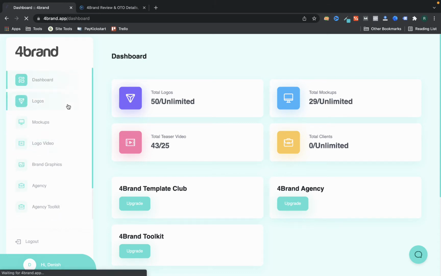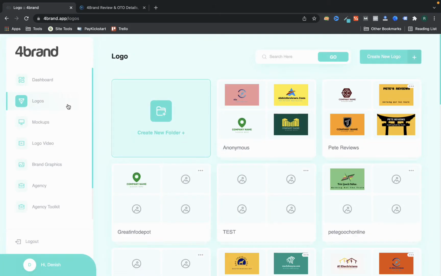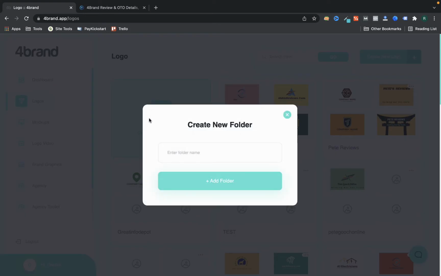Now let's start with the logos. In the logo section, you can create different kinds of folders. For example, if you want to create a logo for a client related to real estate or medical, you can just create a new folder.